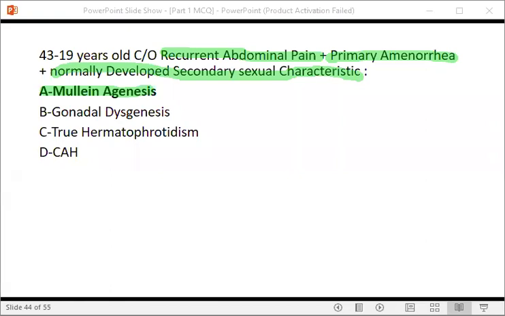In group 2, breast development is present and uterus is absent. These are the same as here: androgen insensitivity such as testicular feminization, Mullerian agenesis like what we mentioned, or MRKH syndrome. Group 3: breast development is absent and uterus is also absent, both are absent. This comes in MCQs frequently. If both breast and uterus are absent, it's something called